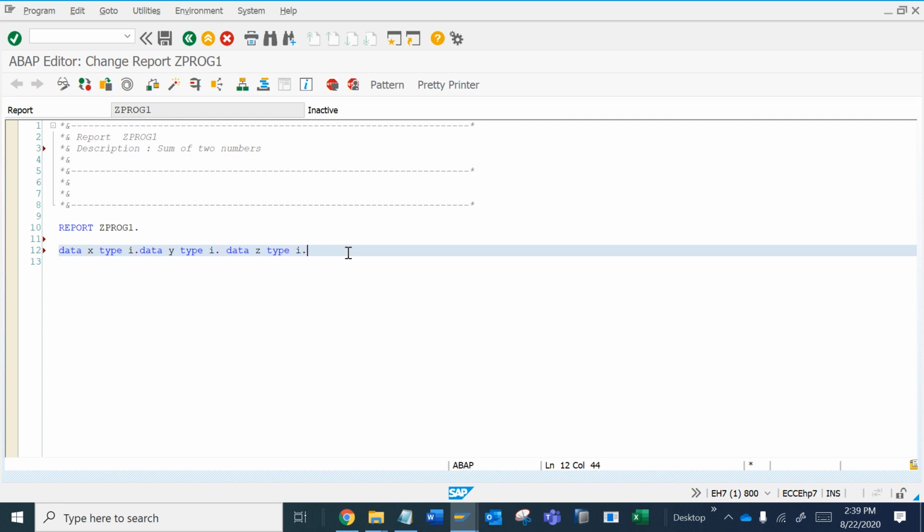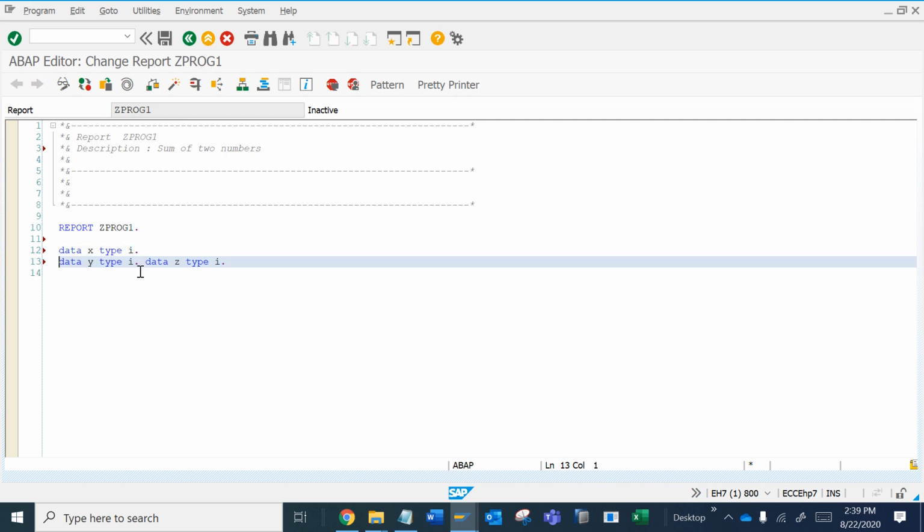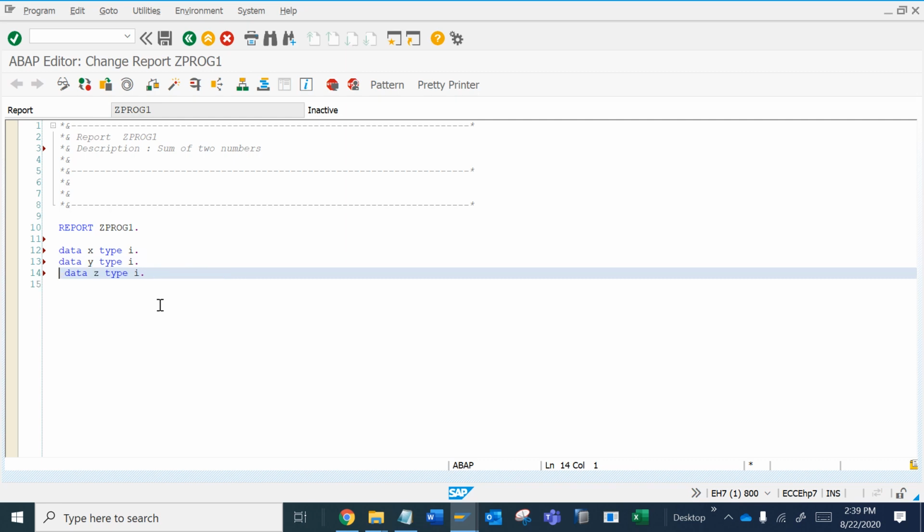To give readability, we can put them on separate lines. But if we write in a single line, it will also work. It will not fail. But for readability, we can put it on the next line.